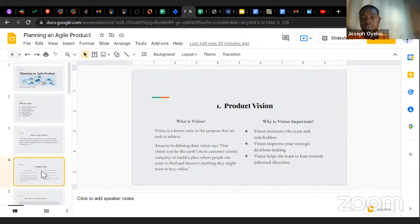Now, why is vision so important? Number one, vision motivates the team and stakeholders. When you have a set vision, it motivates the team because they understand what the organization seeks to achieve, right? They know what they intend to achieve and what they should do on a daily basis. So the vision guides the team to do what they are meant to do every day. And it also guides the stakeholders to take